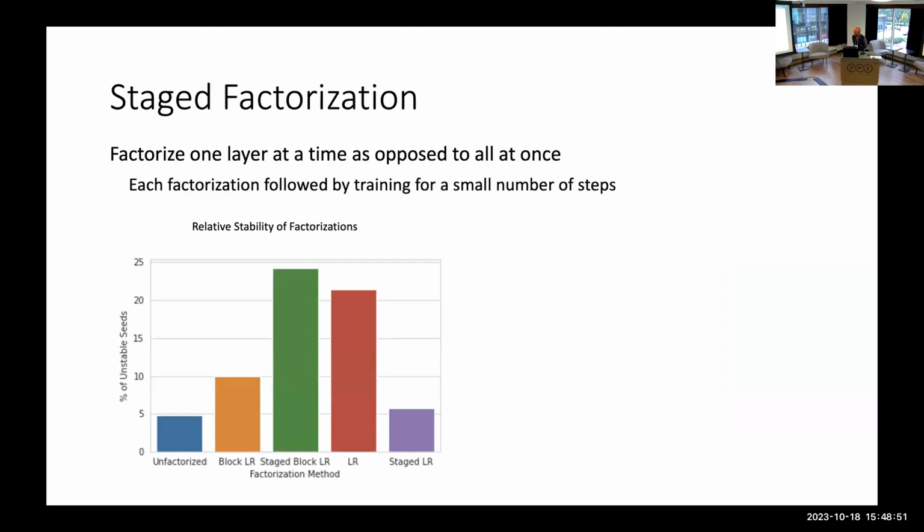One of the things that Ashim tried was, instead of just starting with factorization of all the weights at the same time, to do this in a staged fashion. It could go in either direction, first layer to the last or the last layer to the first. So what we do is factorize one stage, then do a few steps of pre-training, and then after that, do it for the second, and so on. And this is actually quite consistent across the benchmarks.